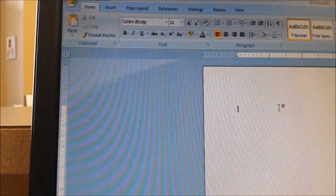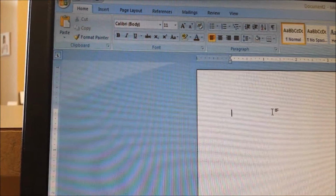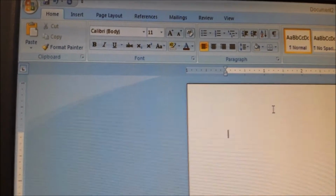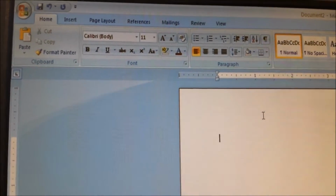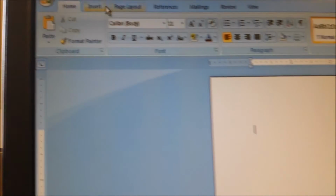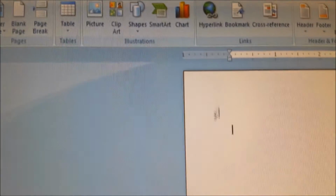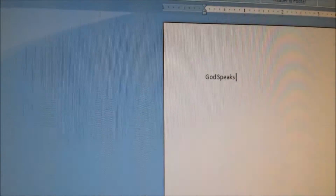Okay, to really personalize the jar, this is what I do. Of course, it's your project, so feel free to do it however you want. But again, I go to Word to do the printables for the outside of my jar. And I go to the Insert tab. And the first thing I do is type in "God speaks to..."